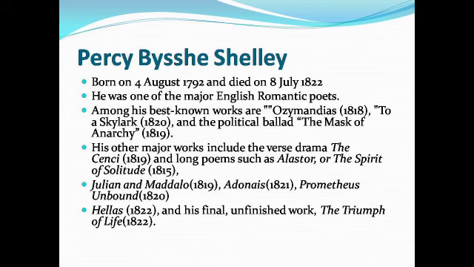His other major works include the verse drama The Cenci 1819 and long poems such as Alastor or The Spirit of Solitude 1815, Julian and Maddalo 1819, Adonais 1821, Prometheus Unbound 1820, Hellas 1822, and his final unfinished work, The